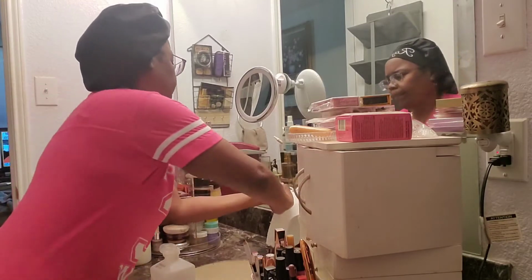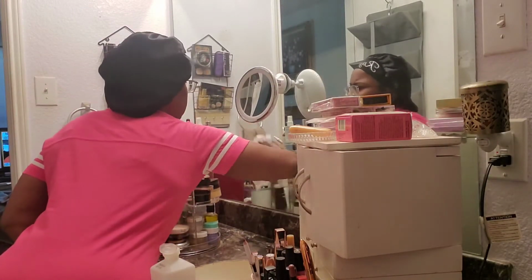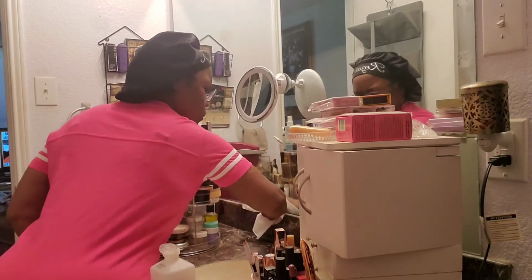Today is Saturday and I just felt like doing a DIY project, and I'm cleaning my mirror with 50% alcohol. I don't like to use Windex and other chemicals, and I'm going to be using peel and stick backsplash,